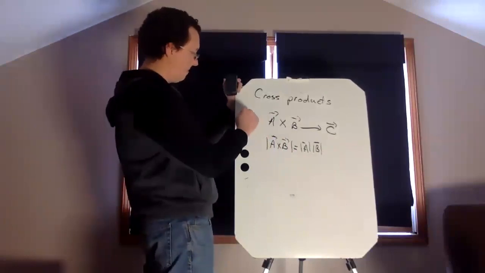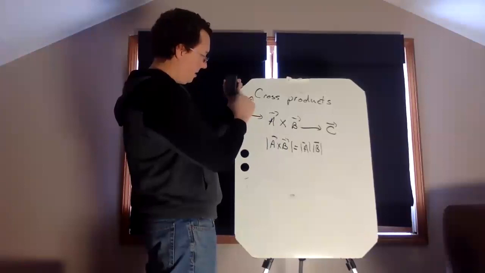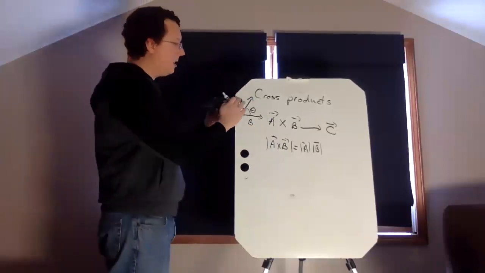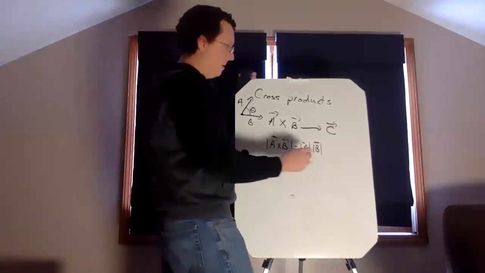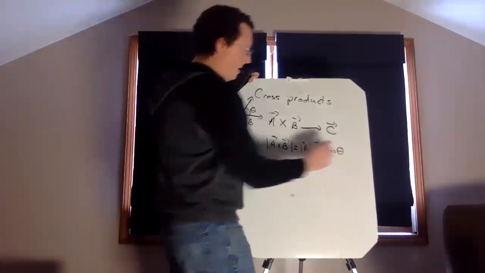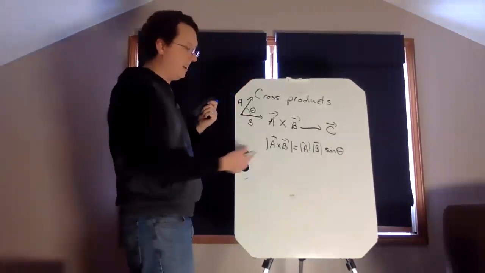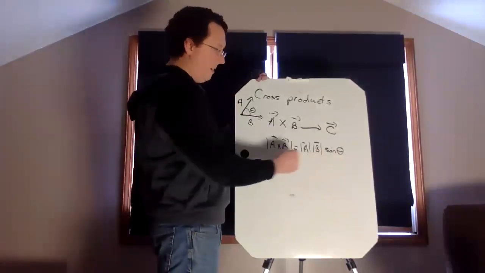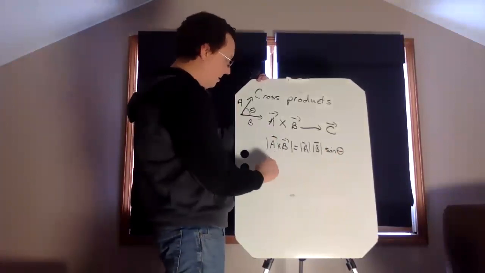Here, let me draw a picture here. There's A and there's B. And the angle between them is theta. And when I say the angle between them, I mean the angle less than 180 degrees. If I use the other angle, then sine will start to be negative. And it's supposed to be a magnitude. So I need to use the smaller angle to get this to work out. Okay, that's the formula for the magnitude of the cross product, and the direction